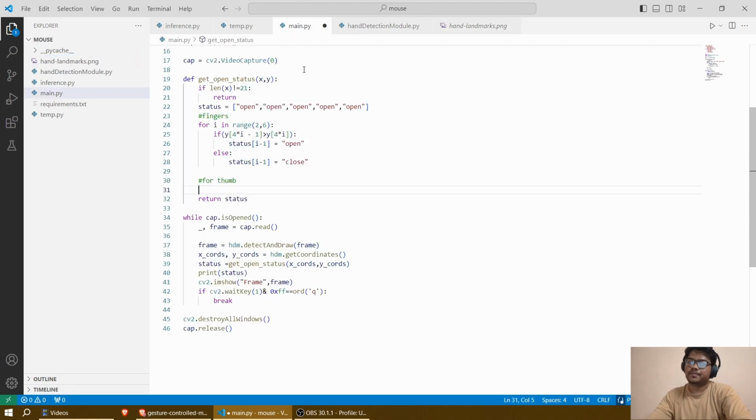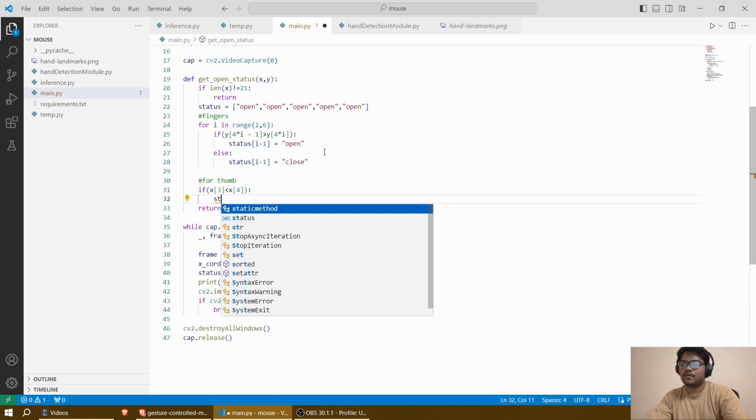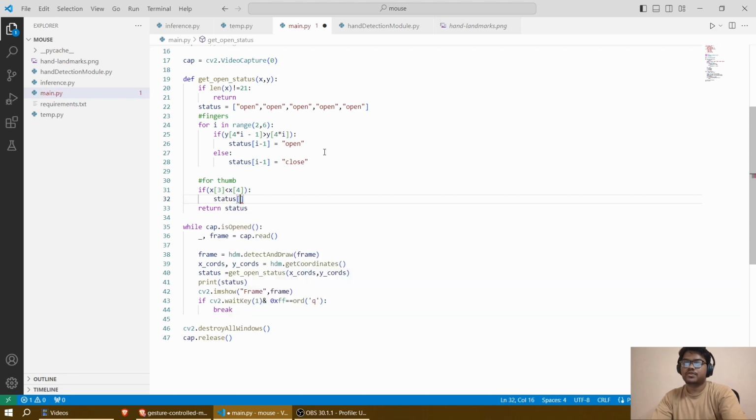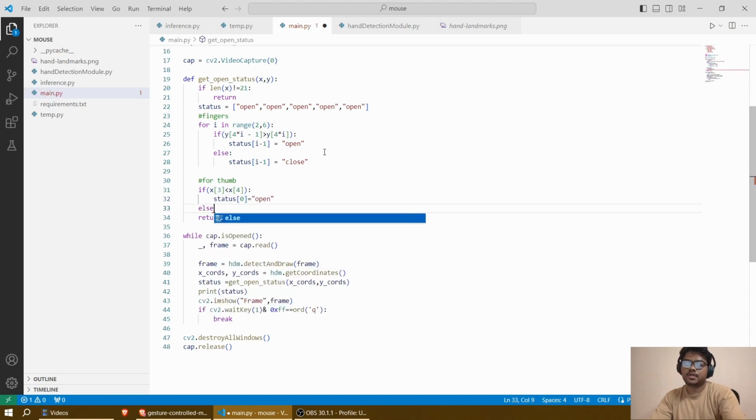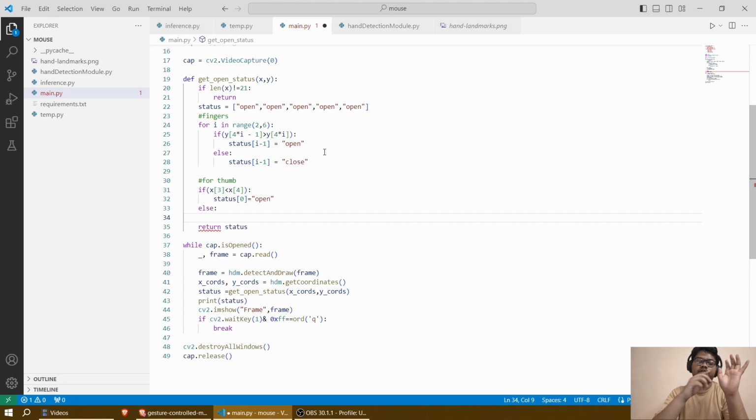And yeah, so if x of 3 is smaller than x of 4, then the status of your thumb should be set as open, or else it should be, if x of 3 is greater than x of 4, so yeah,